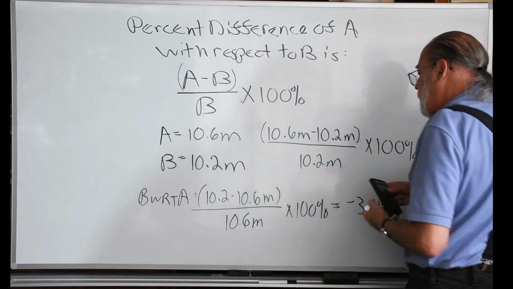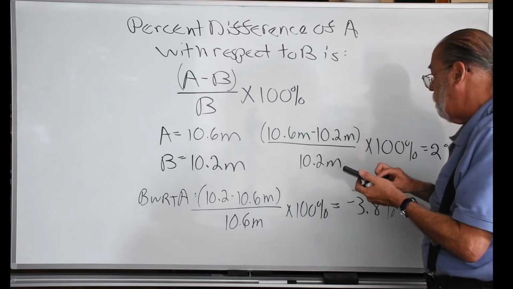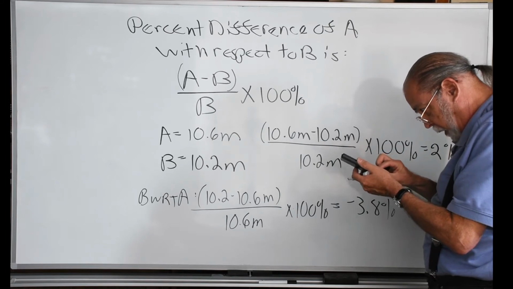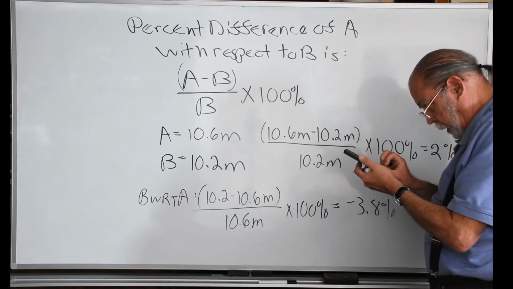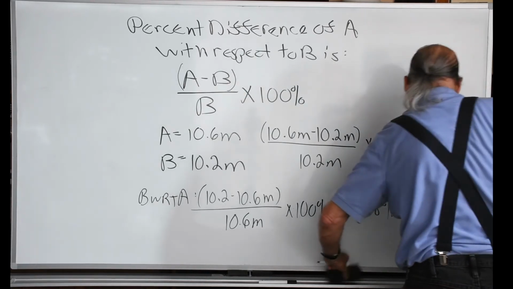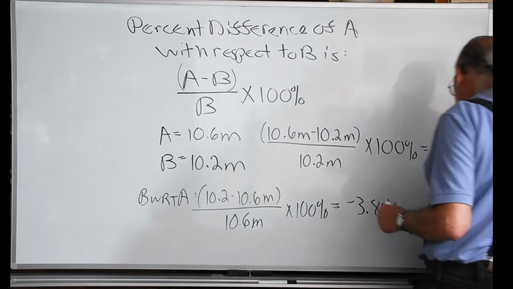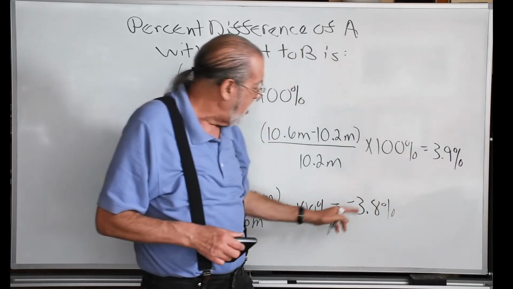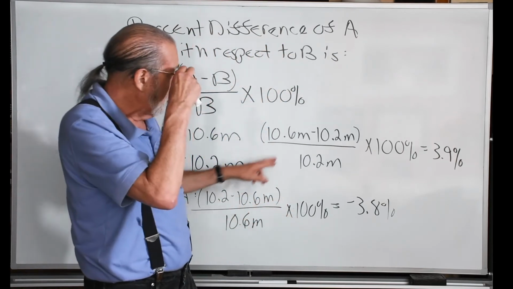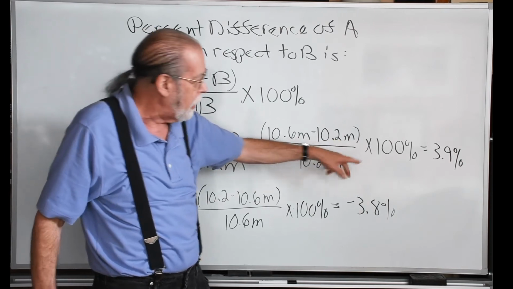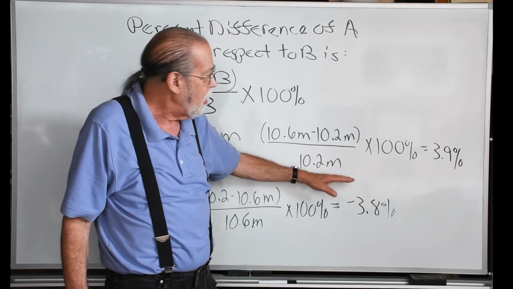And I think I made a mistake here. Let's do this again. Here in the video I'm trying to rush. 10.6 minus 10.2. I think I did that incorrectly. Yep, it's 3.9. Yep, I made a mistake and I don't mind you seeing it. Notice that one is negative and one is positive, and they're not exactly the same. So I was rushing here in the video, and sure enough, when I entered this, I probably entered this number wrong, and I got the wrong answer there. So when you're doing your work, you have plenty of time, you enter everything twice, and you make sure that